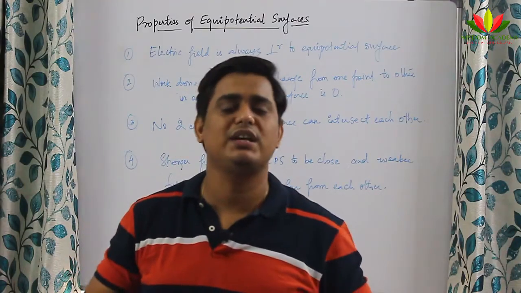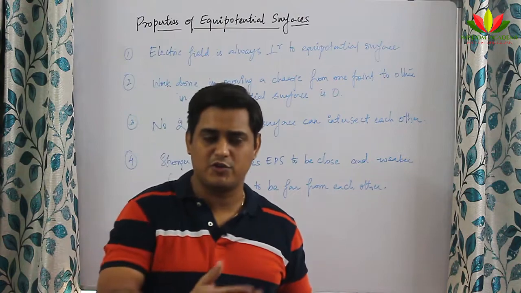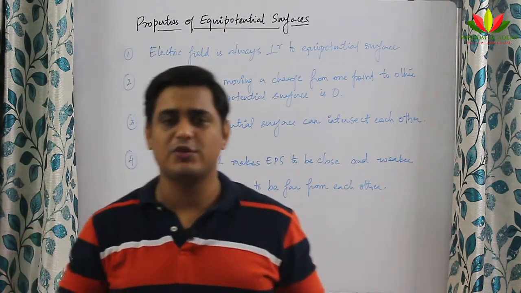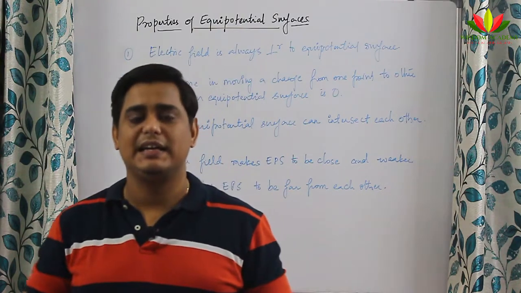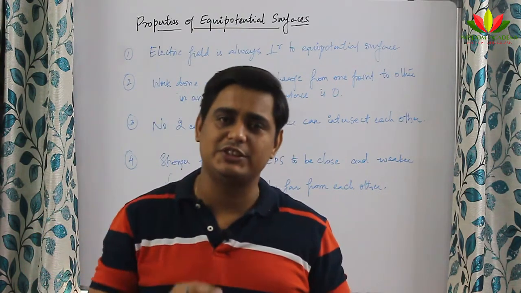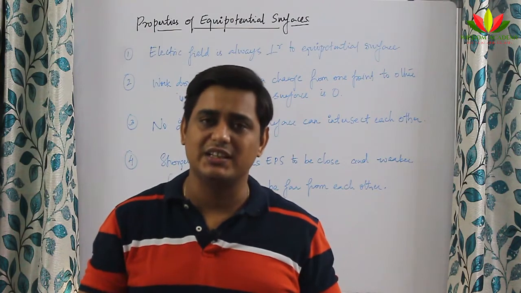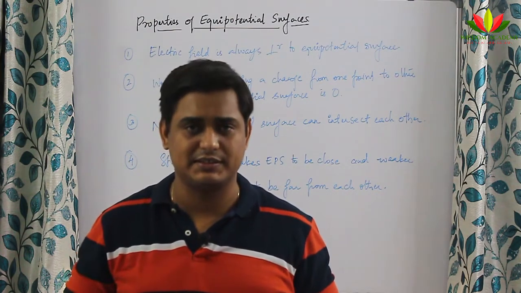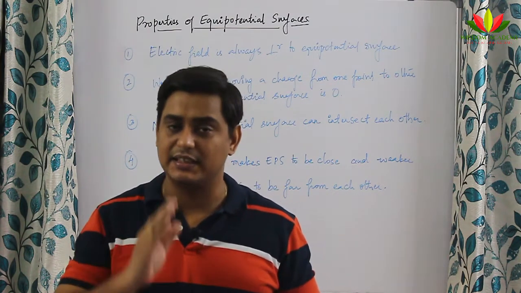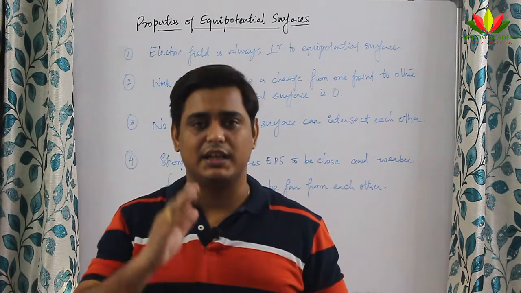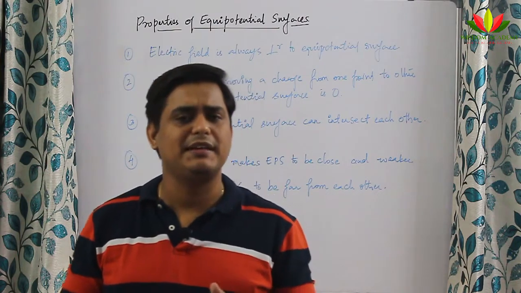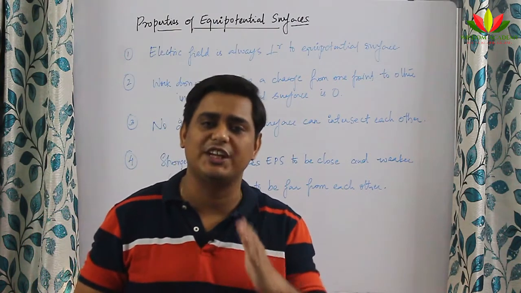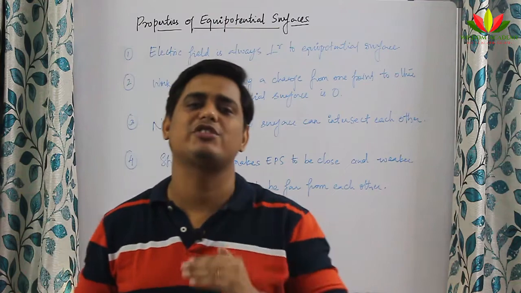Now we will learn about equipotential surface, what we saw in the previous question. So first you write what is an equipotential surface. Please make a note of that. It is a surface on which the electric potential is the same at all the points. I will repeat once again. It is a surface in which the electric potential is the same at all the points. That means electric potential will not change over this equipotential surface.